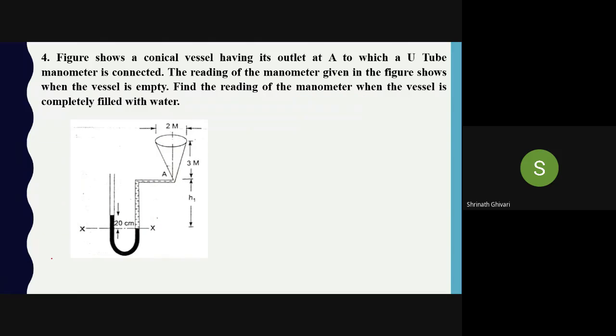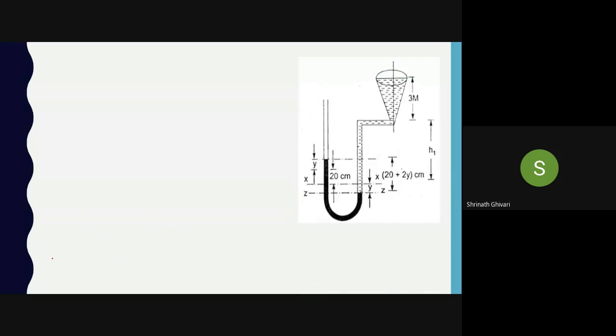Now, this is the diagram for that. What has happened? I have started filling the water in the conical tube. It is going on applying some pressure. You can see that this was the previous datum line. Below this, it has fallen because the water has applied the pressure on the mercury, and this side it has risen up. So as I said, whatever fall is there here, that is equal to whatever rise is there in the left limb of the U-tube manometer. So there is a rise, there is a fall here.